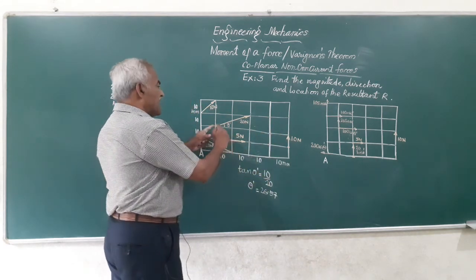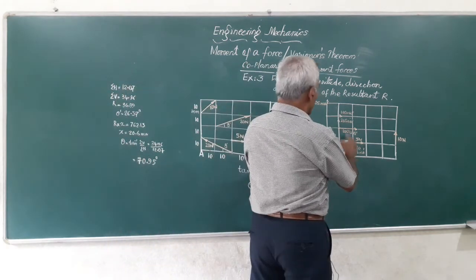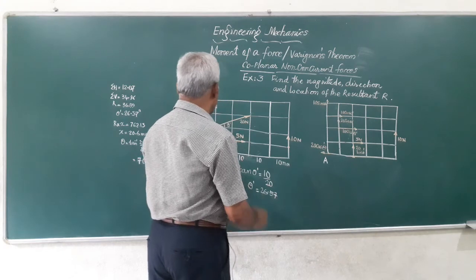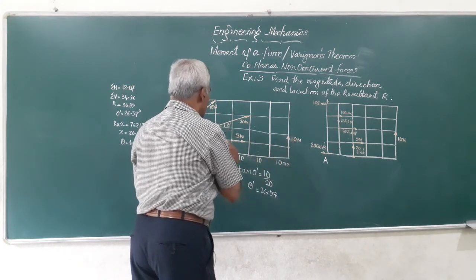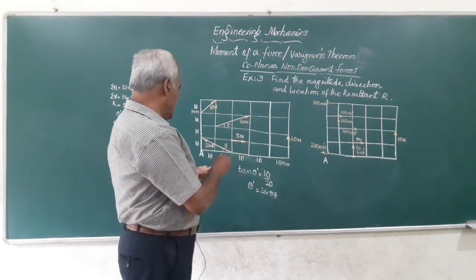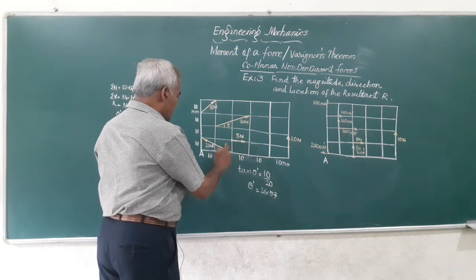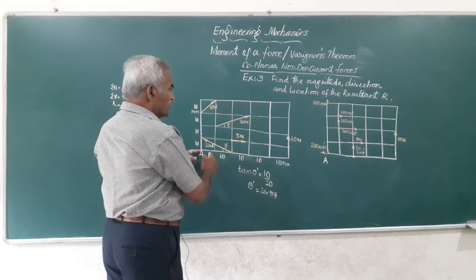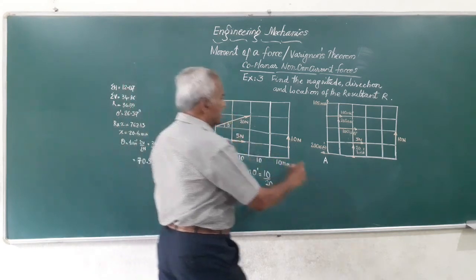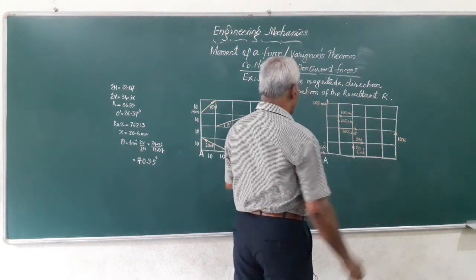Here again I am going to split this 20 Newton along the x and y direction. So 20 Newton will give you 20 cos theta dash, 20 sin theta dash. We know the value of theta dash. 5 Newton and 10 Newton are the horizontal and vertical loads at these 2 points. There is no need to resolve them into components. Finally, we have the 20 Newton load acting at an angle of theta dash, and its components are 20 cos theta dash and 20 sin theta dash. 20 cos theta dash acts in the left direction and 20 sin theta dash in the vertical direction.